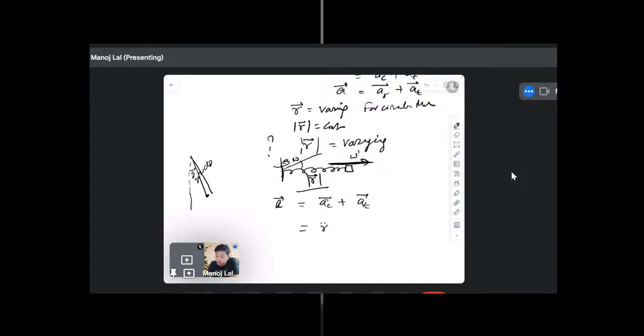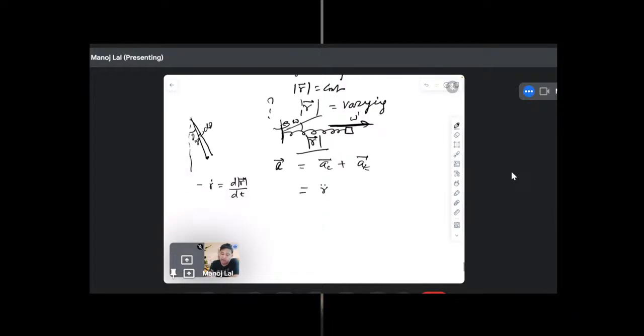r double dot. What does dot mean here? Say r dot means dr by dt, that is d mod r by dt. So dot basically implies d by dt. A dot at the top of a physical quantity is just d by dt of that quantity. So r double dot minus r omega square. So I write omega as theta dot, square, into e_r,